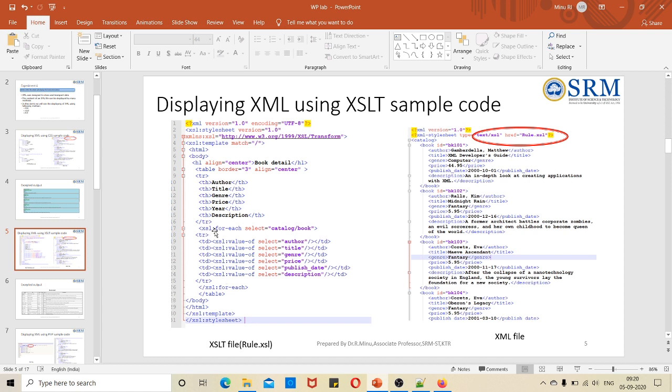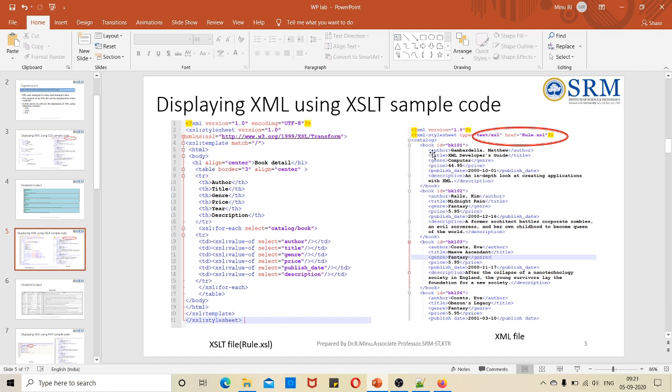So here xsl:for-each. For-each is a for loop kind of statement: for each catalog/book. Catalog is my main XML element. Inside the catalog there are n number of book elements where the description of each and every book is given with respect to this XML tag. So I need to iteratively check all the books using this particular element, in this particular order.